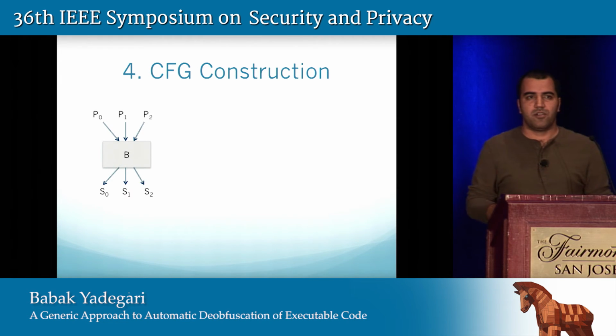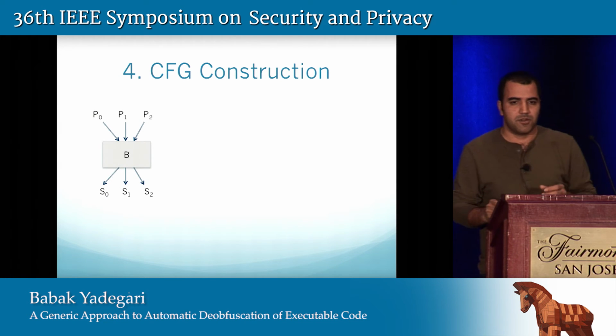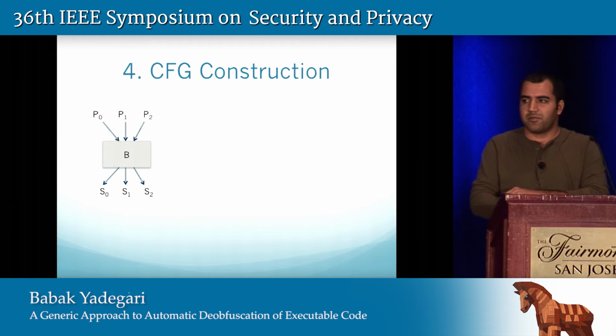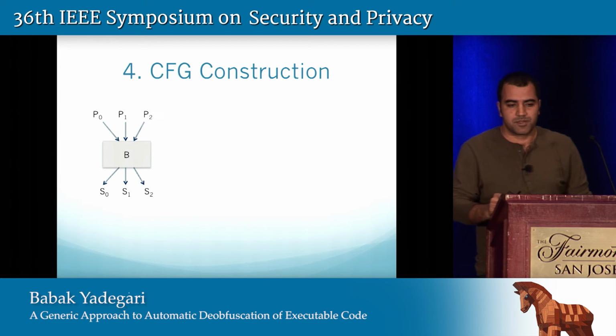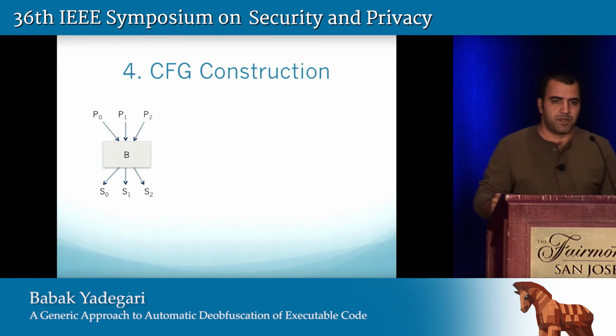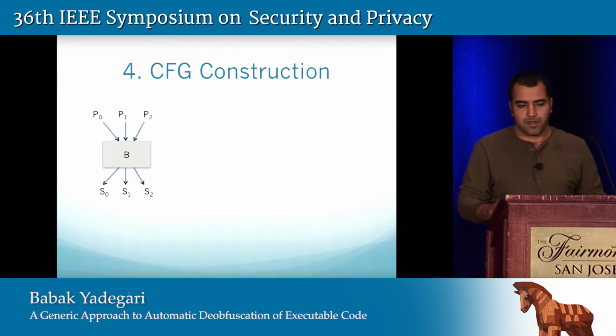They are all transformed to one piece of code in the obfuscated code, probably with different inputs or arguments. So what we end up having in the simplified trace, if we build the CFG normally from the simplified trace, is we often see basic blocks that have multiple successors and multiple predecessors,